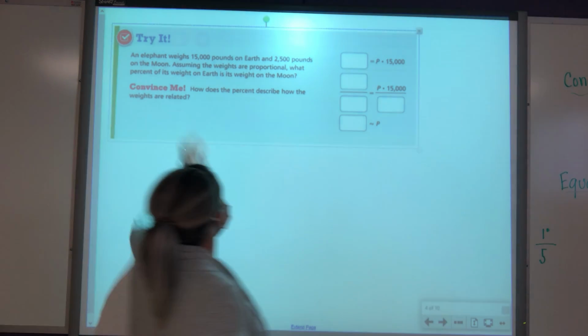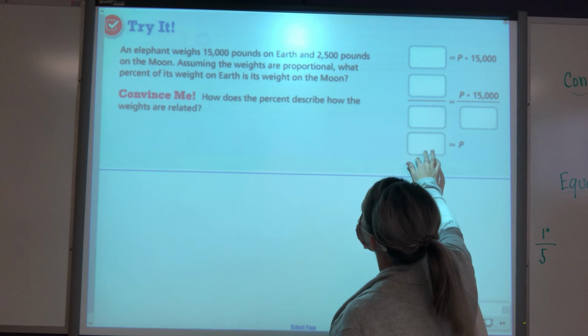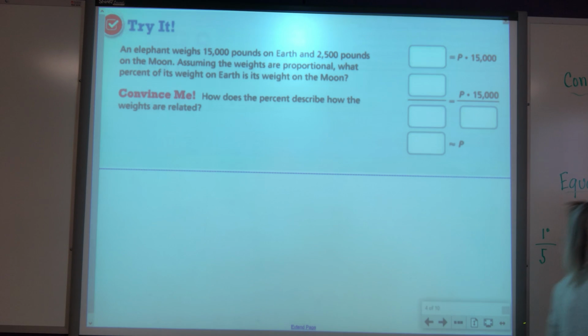Okay, here we go. Here's our next one. An elephant weighs 15,000 pounds on Earth and 2,500 pounds on the moon. Assuming the weights are proportional,